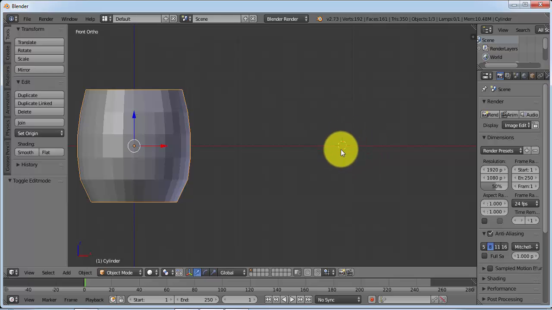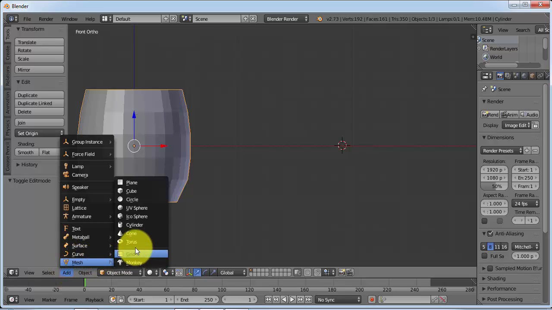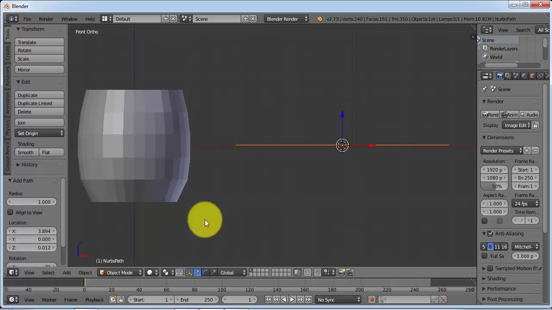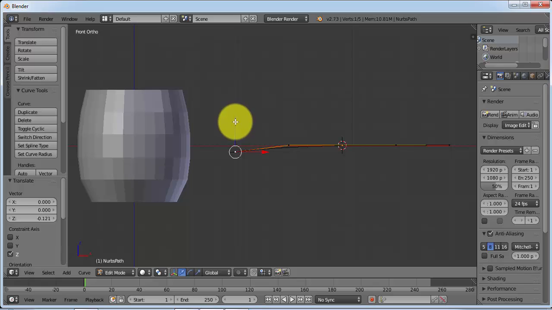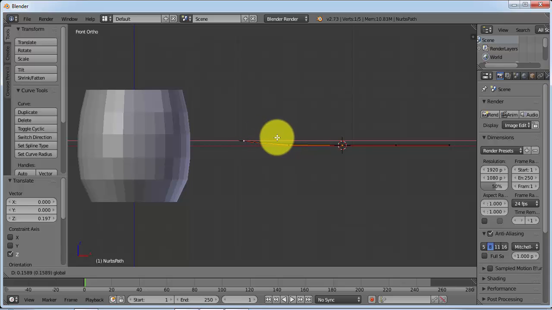Now left click here to give yourself an origin, and we need to create a handle. Now again go to the add menu, mesh, curve and path. Now again go to edit mode. As you can see, there are 5 nodes to work with, and we need to make it look like the handle of the cup. So when you right click on this, you can move it upwards by dragging this blue arrow, and move it left or right by dragging this red arrow. So drag it here.